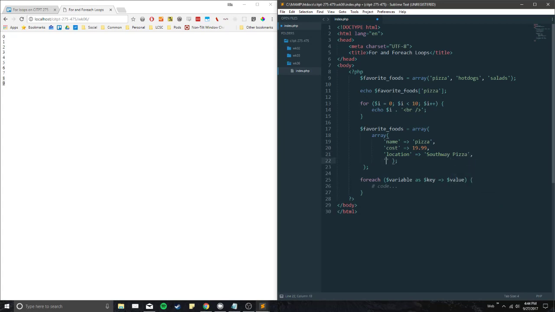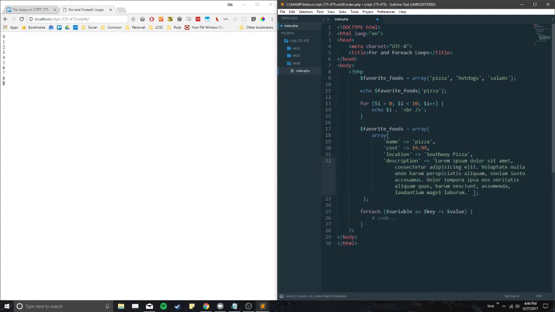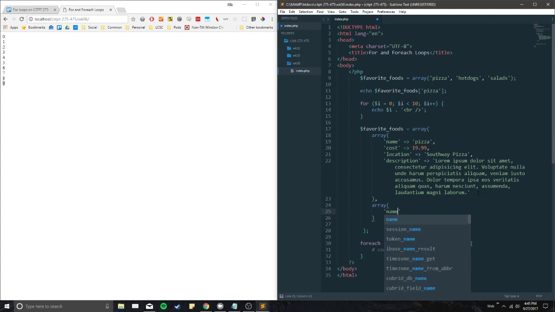And then we are going to include a description. So another string, and this time we're just going to put a block of lorem ipsum in there for the sake of our example. So here we have an array inside of an array, right? So this is our first value, our second value, and we're going to make sure to remove the semicolon. And this is a comma separated array. And I'm actually going to bring this down just to make it a bit easier to read. We'll create another array, and inside that array,